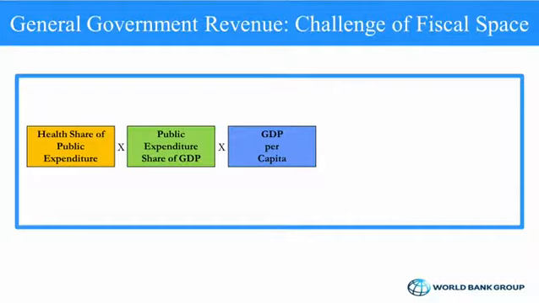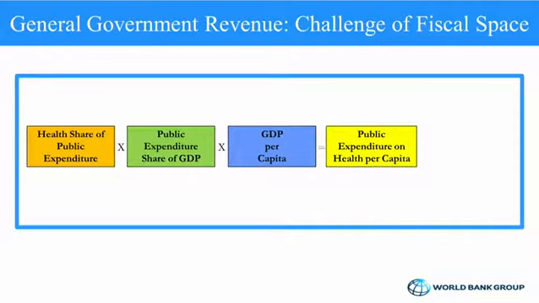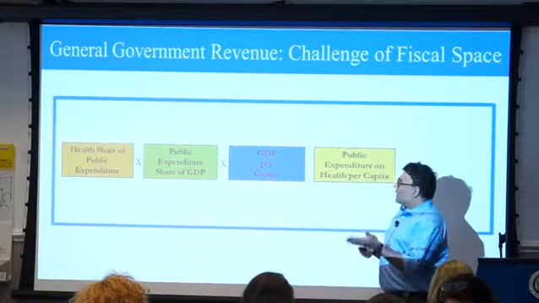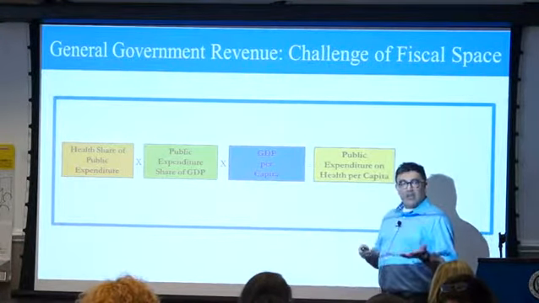If you take health share of public spending, share of GDP, and the size of the economy, if you put these three things together, what do you get? Good health? No, but from a financing part, what do you get? This is government spending. So this put together is public spending on health per capita. This has to hold, right? So this is one way of understanding some constraints and opportunities that you may face for government